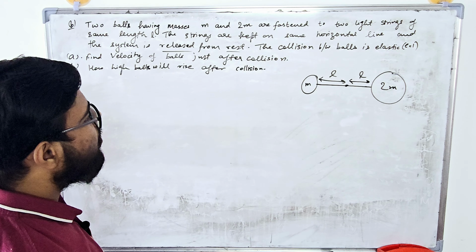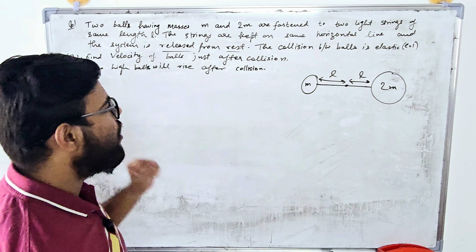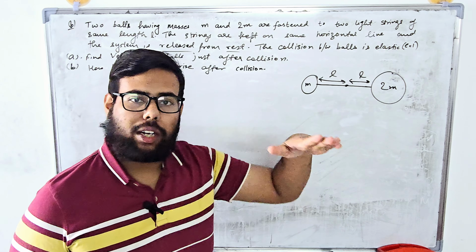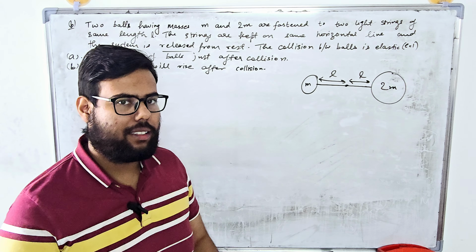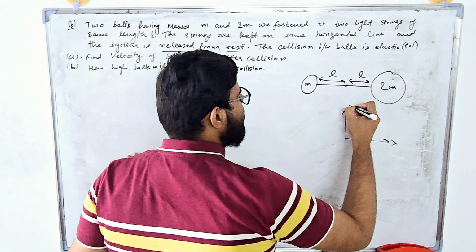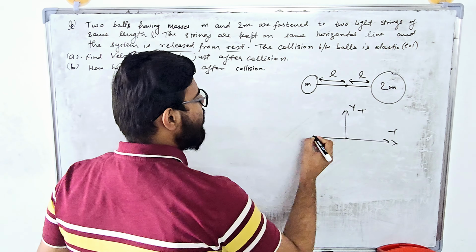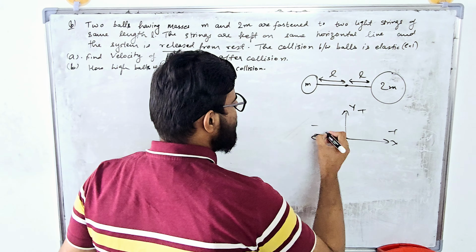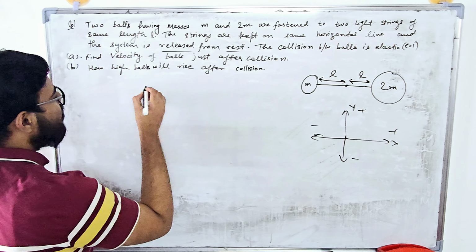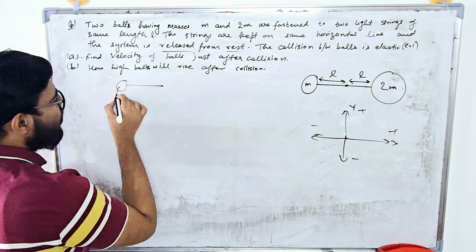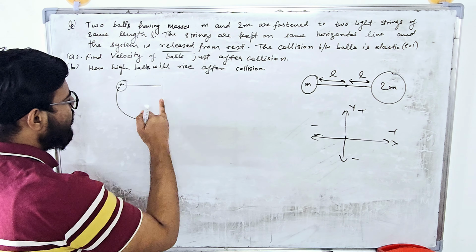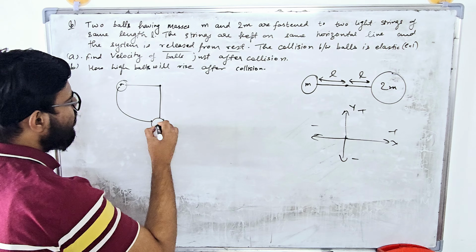To find the velocity after collision, we should know the velocity before collision, and then we can apply the law of conservation of linear momentum along the x-axis, so we can easily find the final velocities. Let's assume this is the x-axis and this is the y-axis, and this is the positive side. This I will use as positive convention and this will be negative convention. So far so good. Of course, when this mass m comes over here, somewhat like this,